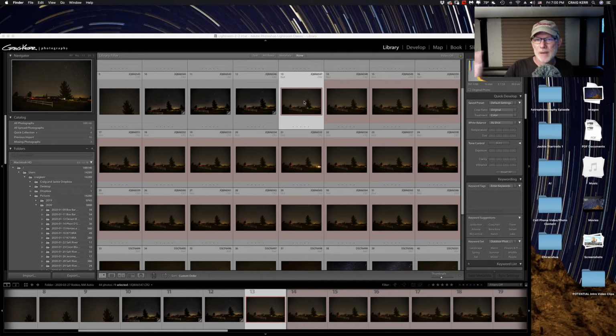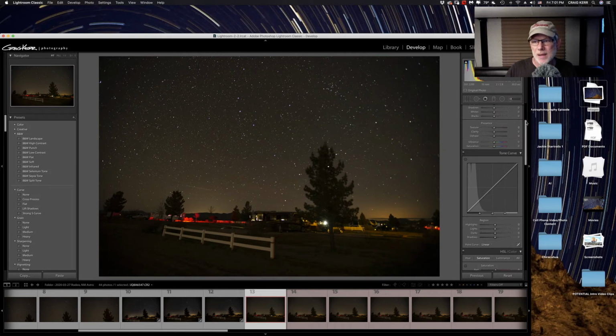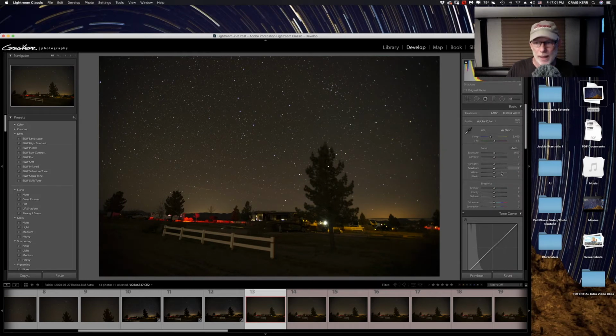So I have imported them into Lightroom. We're looking at the grid view right now. I colored these red so they're easy to see, and I'm going to go to the loupe view by hitting E on the keyboard. This is the first of these 20 images, and what I'm going to do differently here, in Star Stacks I did nothing. They were straight out of the camera. In using this method, I have the ability, and I'm going to take the time to do a really quick